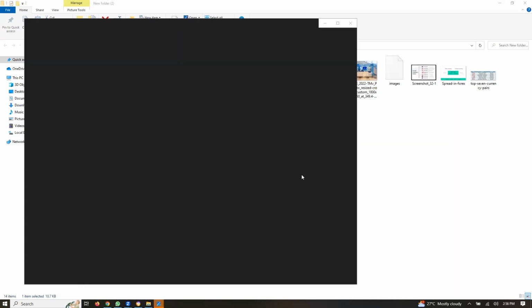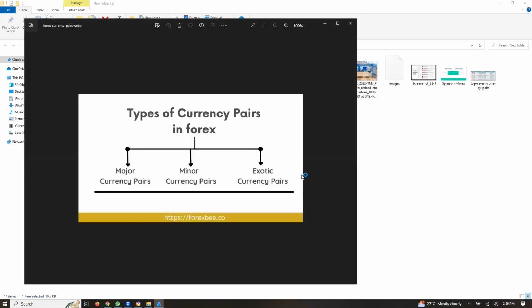Currency pairing. Okay, let's explain the pairing first. Currency pairs are the combination of two currencies together. When we say pair, it means something that goes in two. It is the pairing of two currencies against each other to determine which one is stronger than the other in a given period of time. That's what we call currency pairs in the forex market. It means they take two currencies of different countries and match them against each other to see which is stronger at any point in time in the forex market.